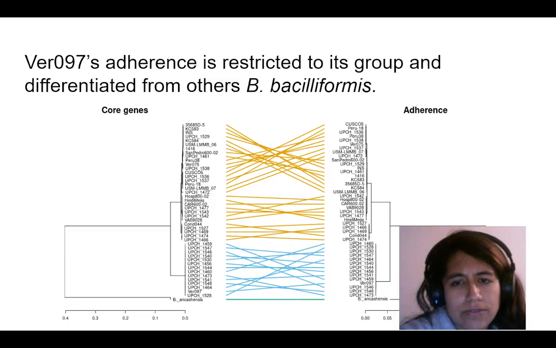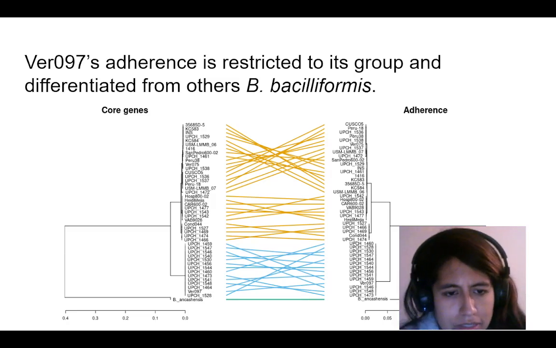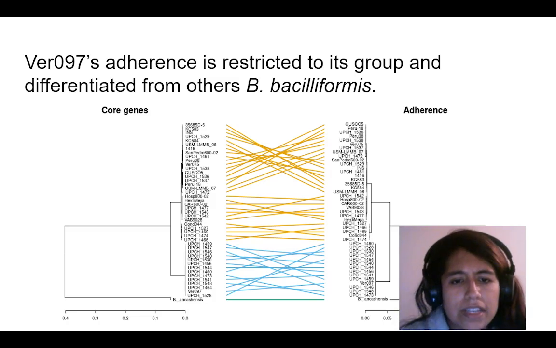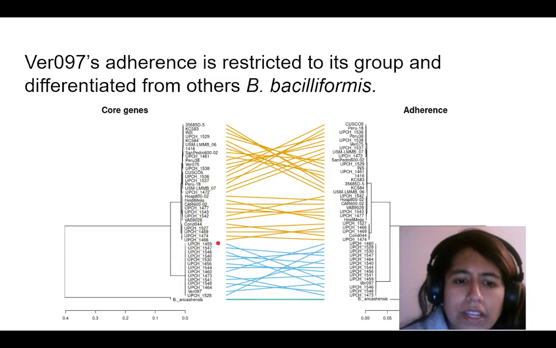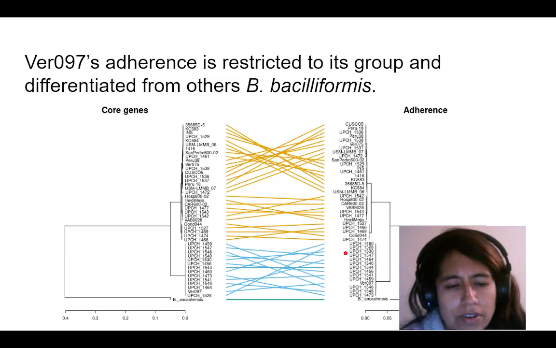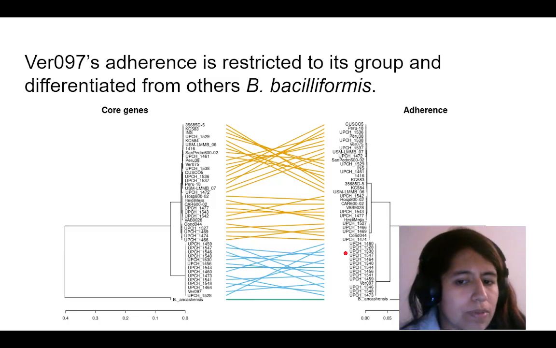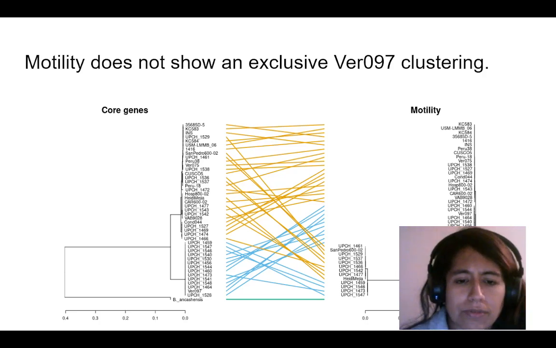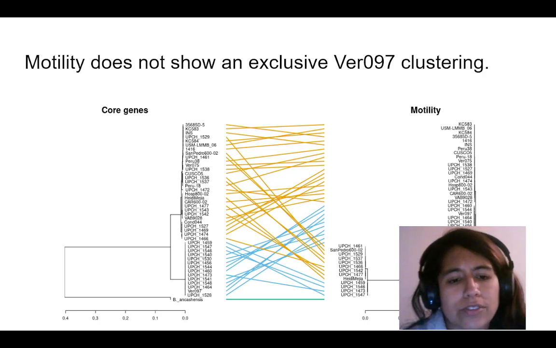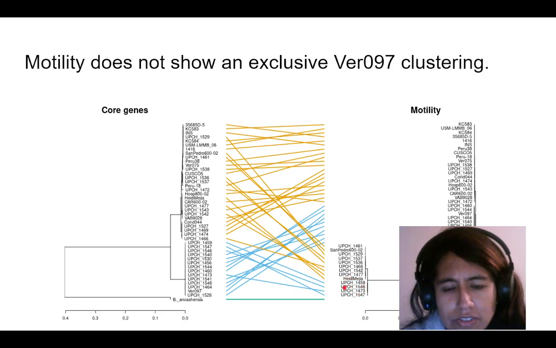So for example, in the case of the category adherence for the virulence or the functional analysis, what we see is that the groups maintain themselves, right? We see that the Virulence 97 group is very maintained, very concise, and the same goes for the rest of Bartonella acidiformis. But when it comes to comparing motility, what we find is very different from what we found previously, because the Virulence 97 group separates from each other. These are, for example, some Virulence 97 strains